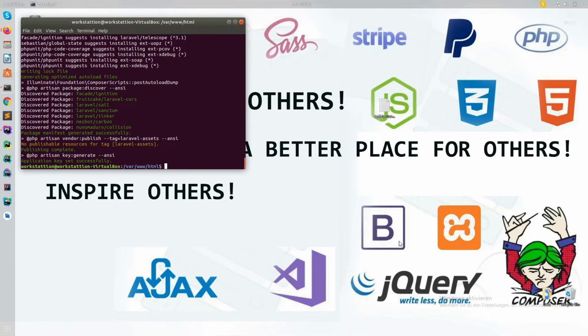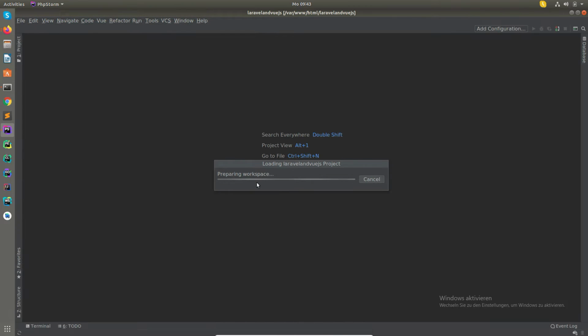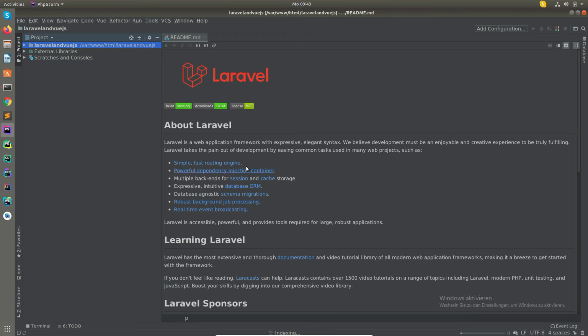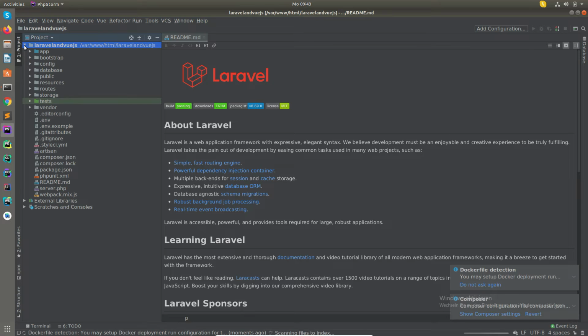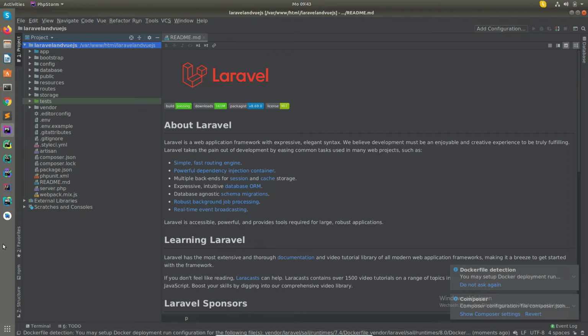So Laravel has been pulled down. Let me check it out in my IDE. That is my new, fresh installation. So the folder structure, the vendor is there. Okay, now